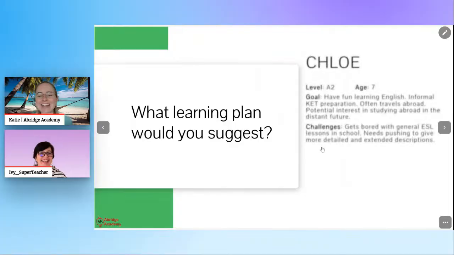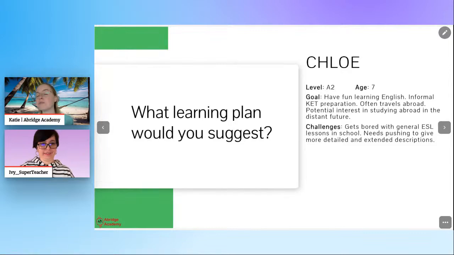Okay, back to me. I have another student here. This is my student Chloe. Chloe takes loads of lessons with me pretty much every single day. She is upper A2 level, I would say. So not super advanced. This is still sort of upper beginner, pre-intermediate level. But for her age, 7, she's pretty ahead of a lot of her classmates.